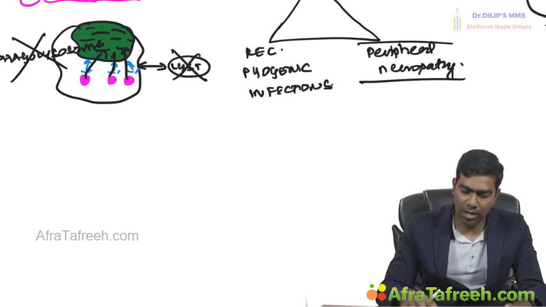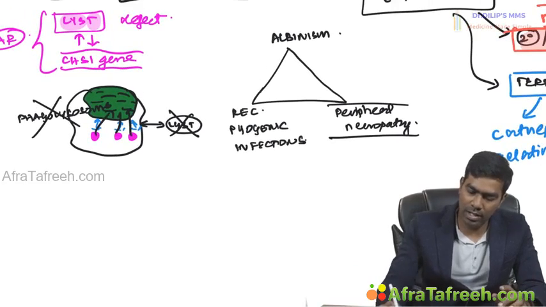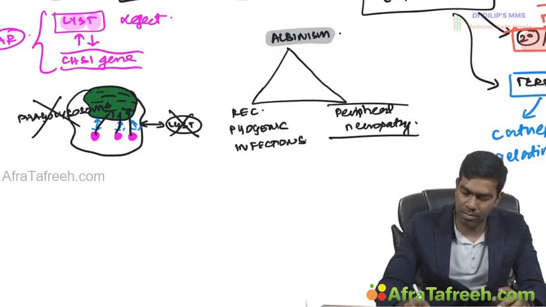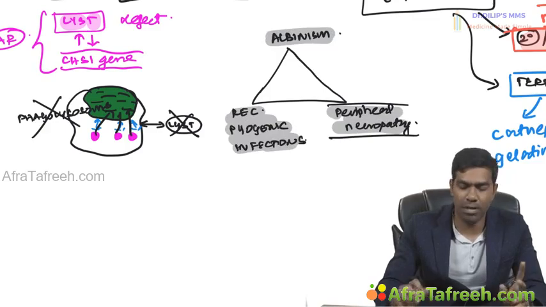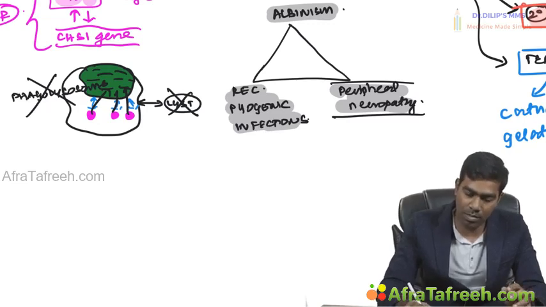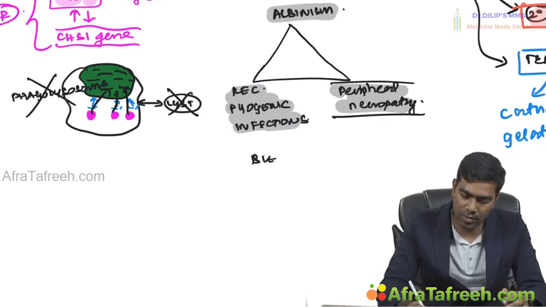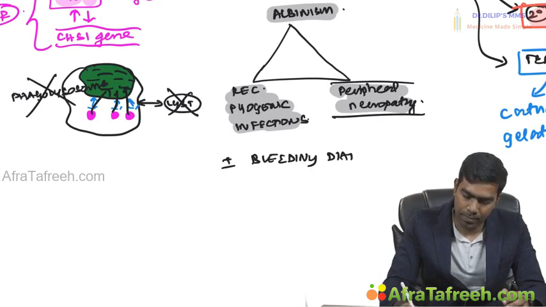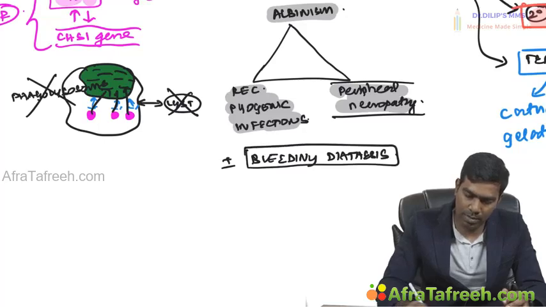So what are the other features? I told you they result in the classical triad of albinism, recurrent pyogenic infections, and peripheral neuropathy. This is the characteristic triad of Chediak-Higashi syndrome. Apart from that, these patients can have defective platelet granular release also. So these patients can also present with bleeding diathesis. This patient can also have associated bleeding diathesis,